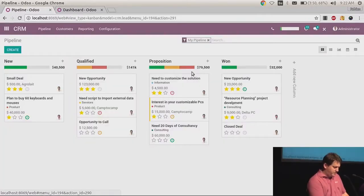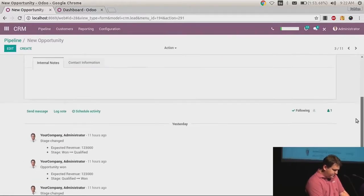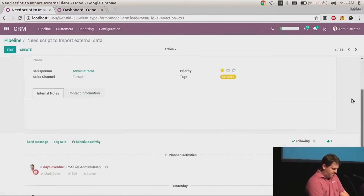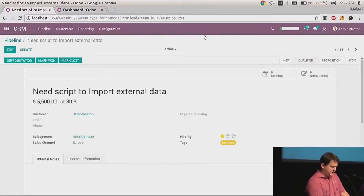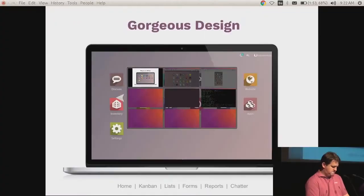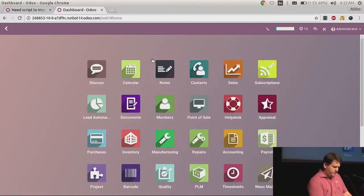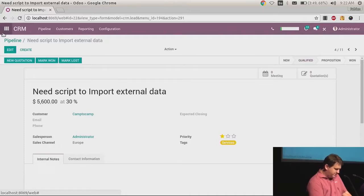We also improved the form view like this. It's also on a white background with clean integration of the chatter. So let's have a look at some opportunities like this, with better avatar, better message, and things like that. We also improved the reports. So if you go, let's say, in accounting, and you want to print an invoice, that was version 10, and you want to print an invoice,